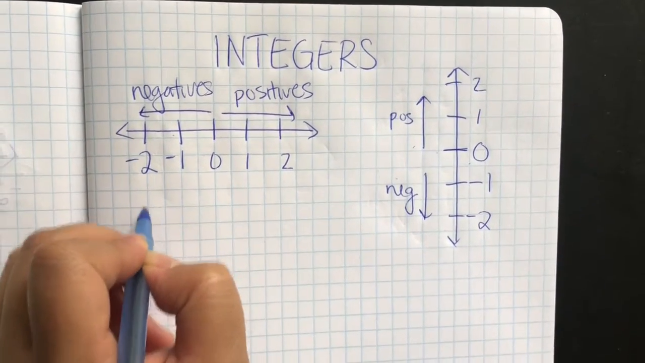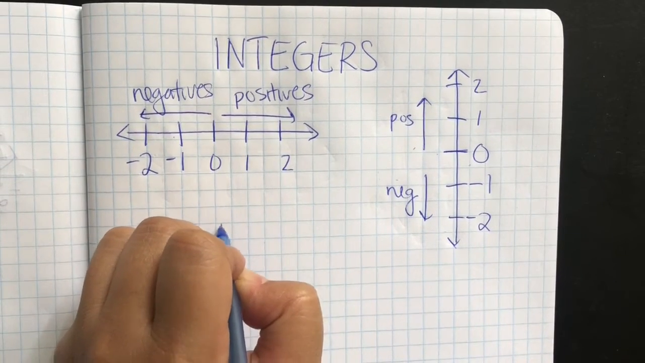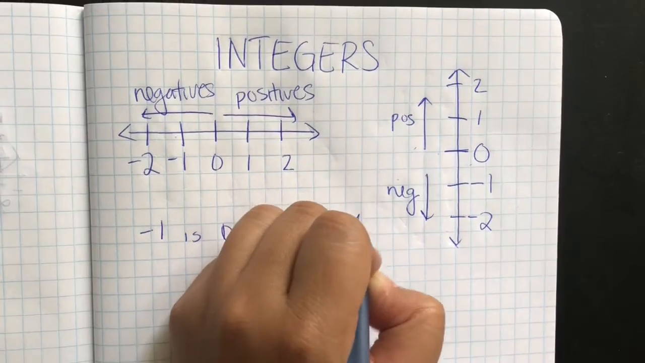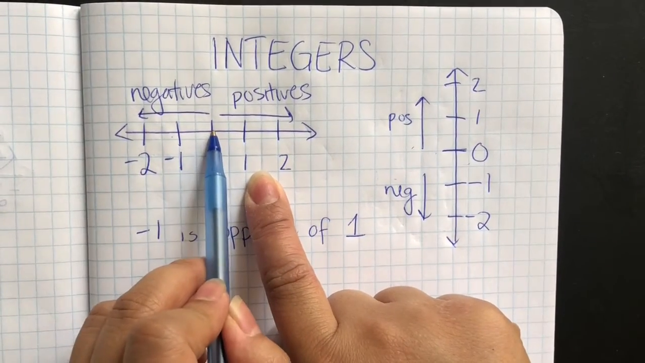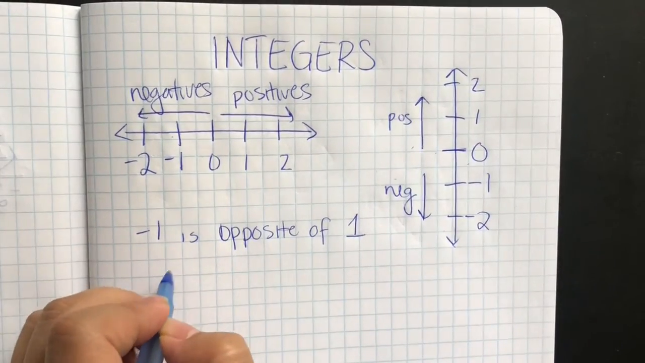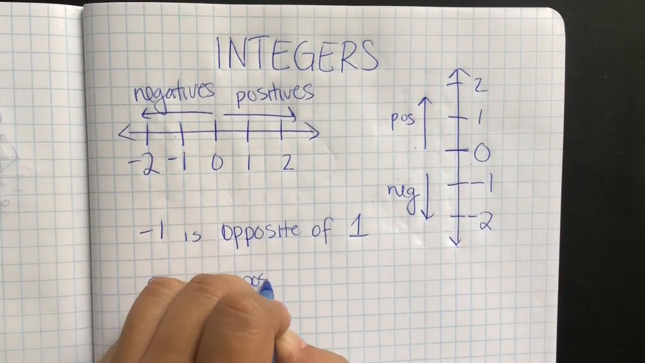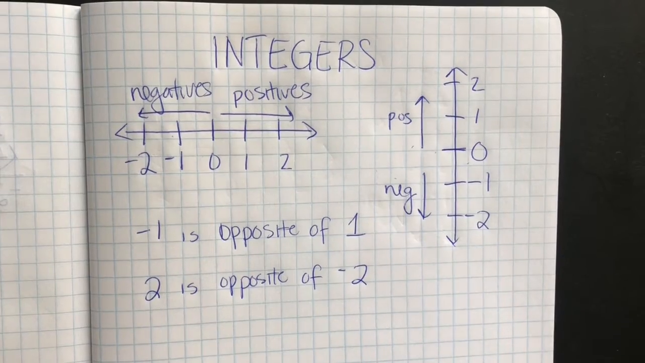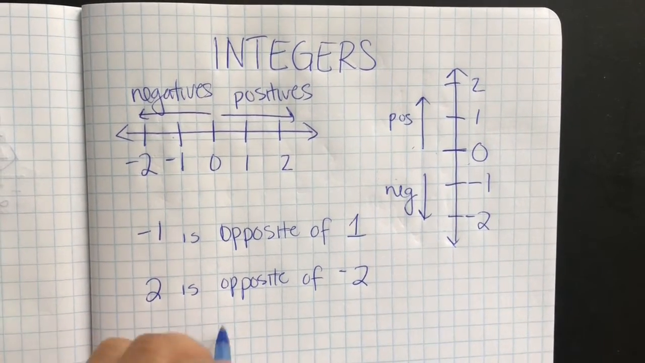So let's talk about opposites again. If we're talking about opposites, -1 is the opposite of +1. Notice that they are the same distance from 0. Same with 2, which is the opposite of -2. Now, if we want to get technical, because we talked about fractions and decimals before, let's say we have